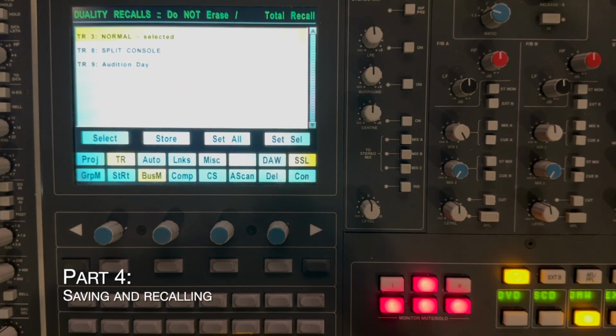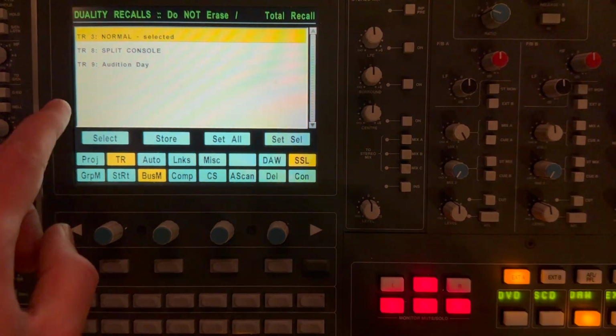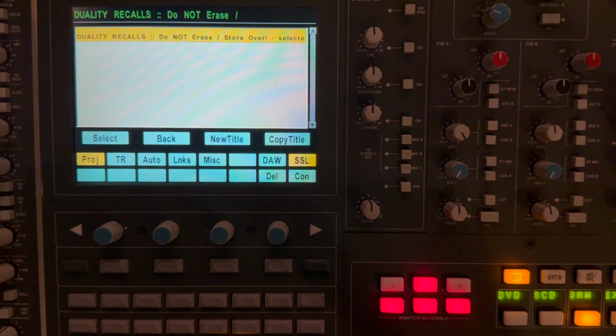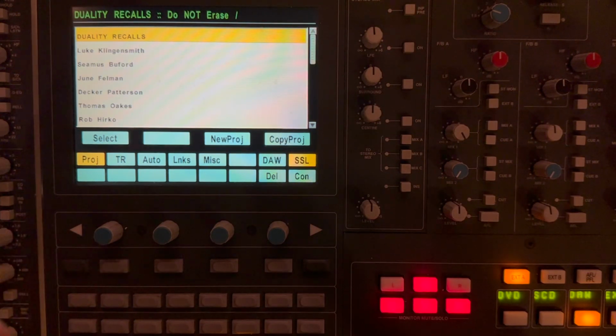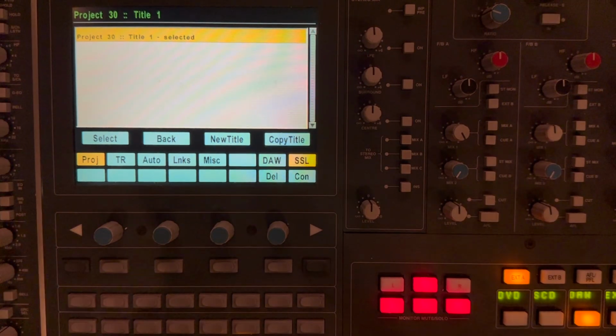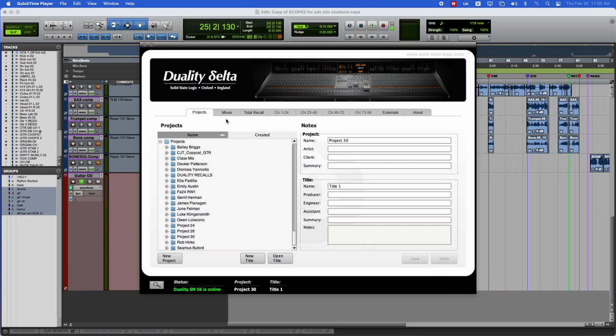Time to save our mix so we can recall it at another time. From the Duality computer, we are going to exit the Duality recall project by going back to project, back. Now we see our whole list of saved projects here, and let's create a new one for the day. New project, and it shows up project 30 as its default title. Then we'll go over to the computer and pull up the Duality Delta Control app, find project 30,